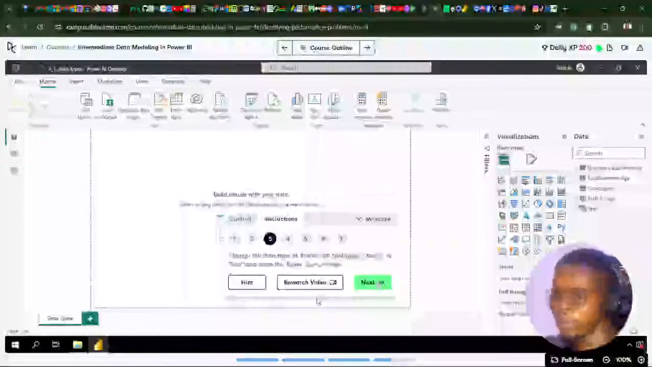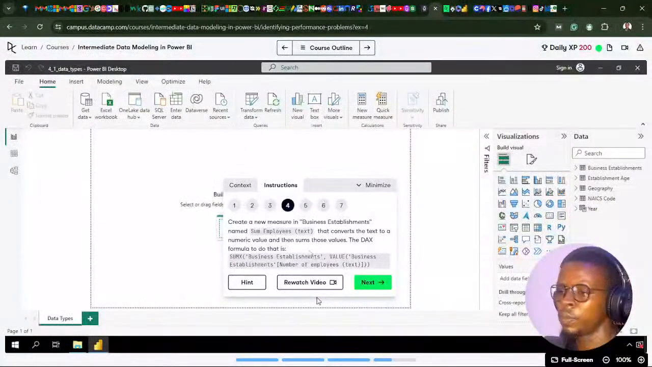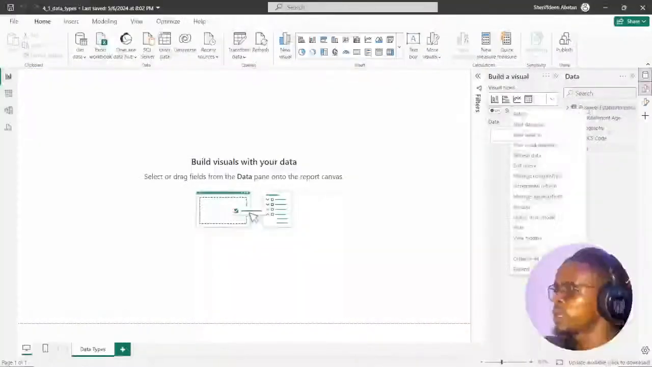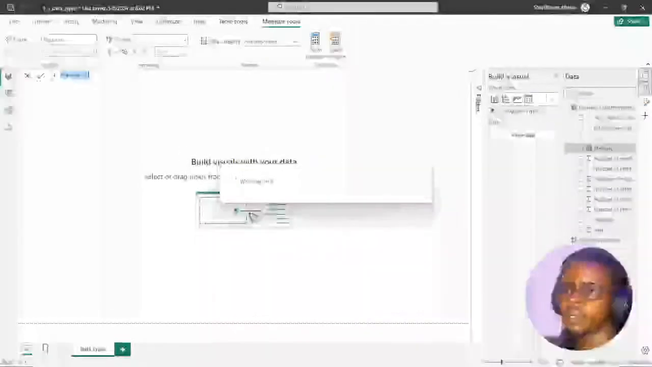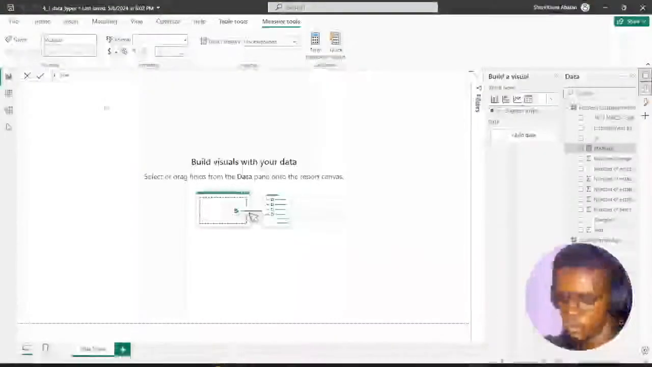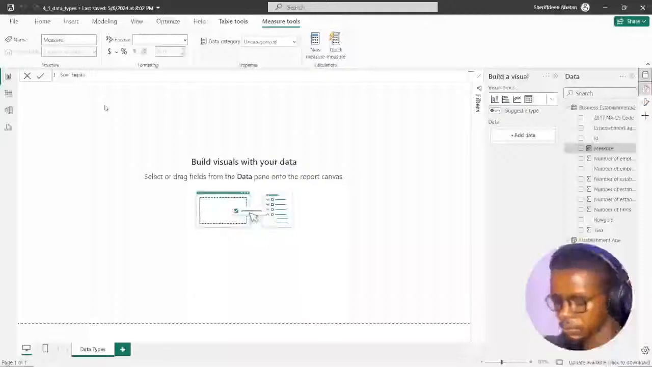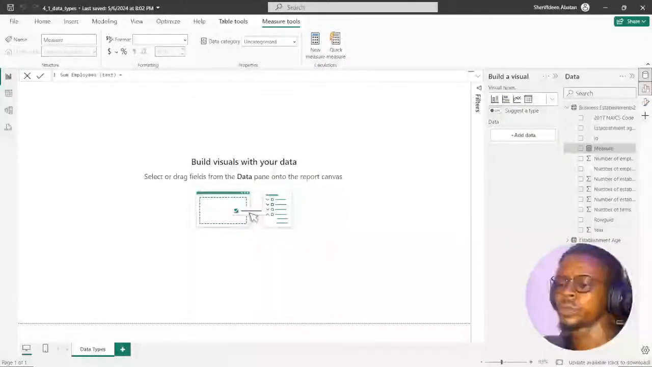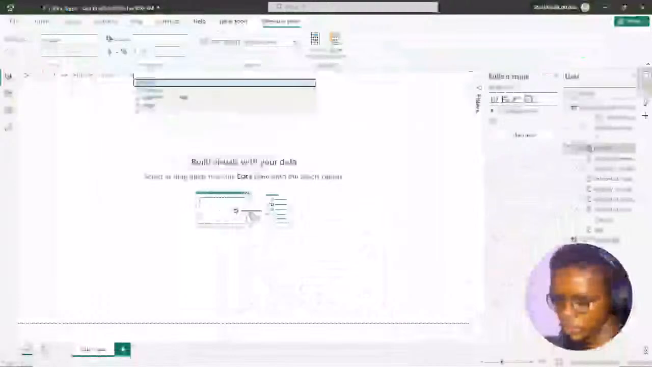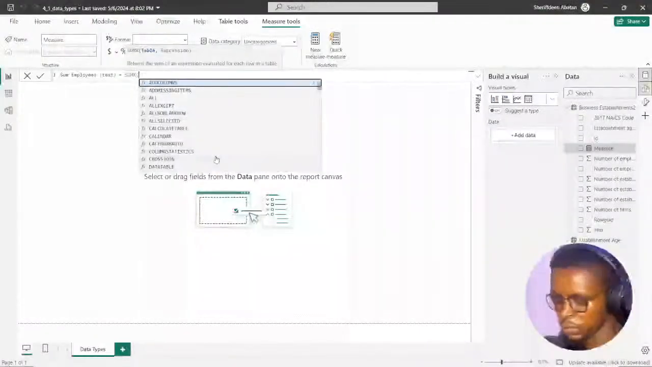Then we have to create a DAX function. So change data type to text, then create a DAX function, Sum Employees Text. While it is loading, done. You can see that way it is quite faster. New measure while working within the Power BI interface. I think we have to call it Sum Employees Text. It is going to be equal to, what's the function there? The DAX function, SUMX. The table is business establishments,